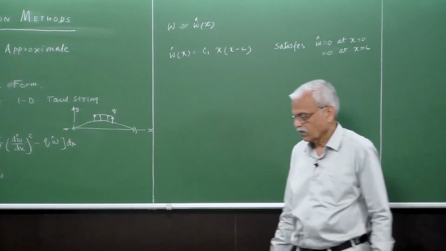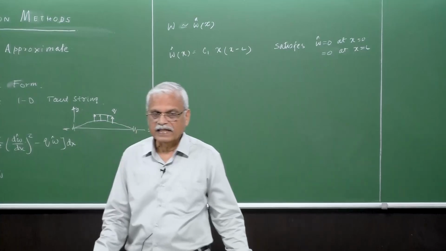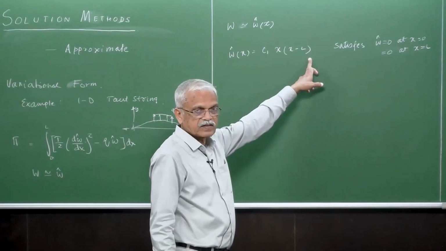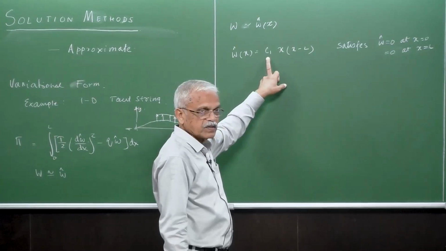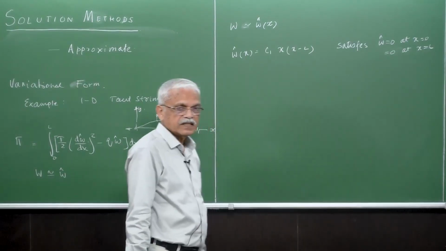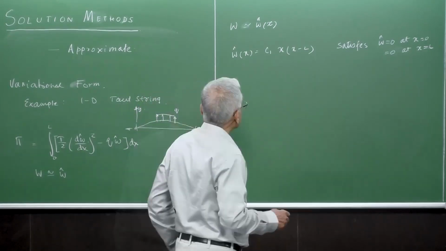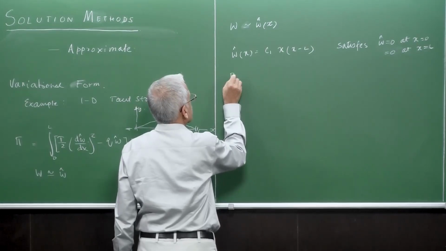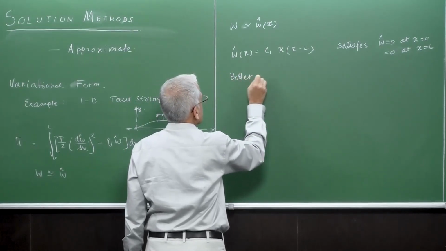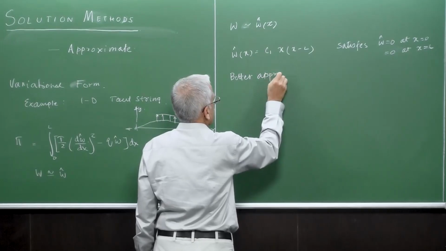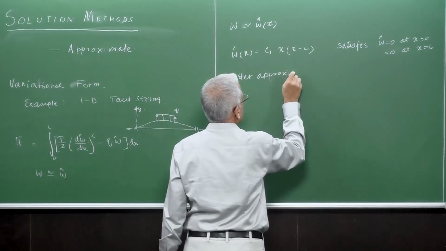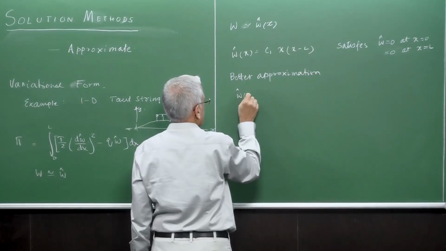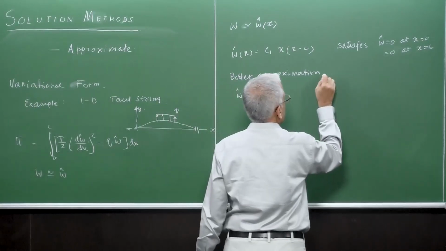I'll tell you exactly what this method is. This is known as Rayleigh's method, where the approximation is assumed like this together with the coefficient C1, and then if we find out this C1, that is the Rayleigh method. So then we can also approximate this one. We can have a better approximation by choosing more number of terms. For example, we can choose, say,